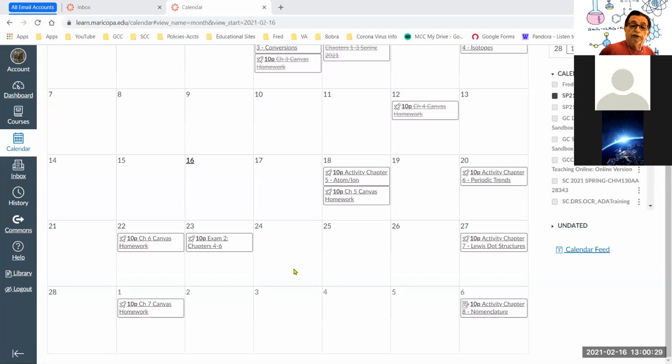Our calendar, just to make sure that everybody is aware of what's coming up and where we're at. Today is the 16th. We will complete chapter 5 and then jump into chapter 6, which is a pretty short chapter. A lot of the stuff in chapter 6 I've already introduced; it is about the periodic table. I did move activity 5 and homework 5 to Thursday, to give you a little more time to work on that. And then on the 20th is activity 6, and then next Tuesday will be exam number 2,